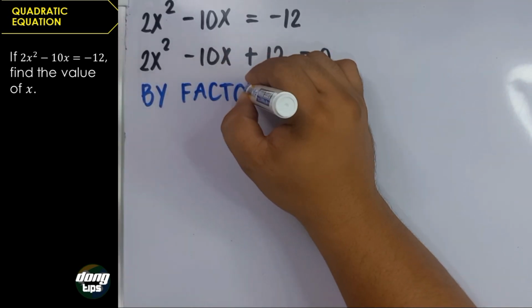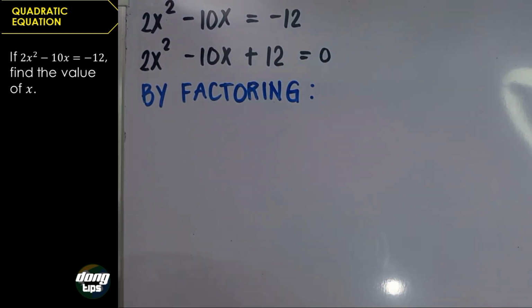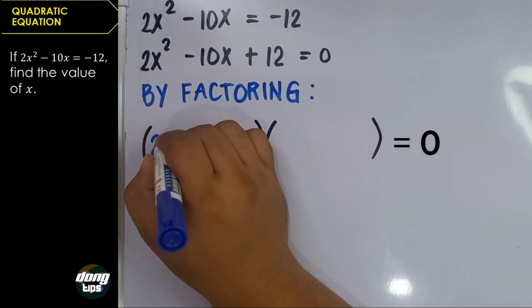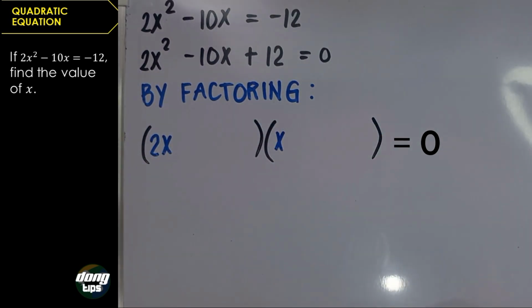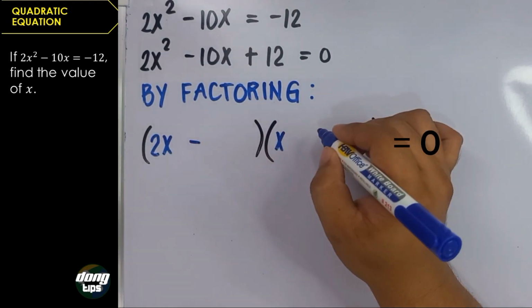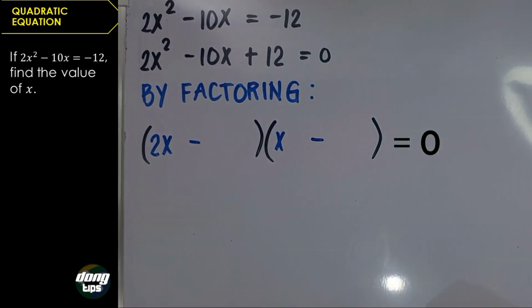Remember these important tips for factoring. First tip: the first term of the equation is always the product of the first terms of the factors. So if we have 2x squared, its factors are 2x and x. Next is the sign convention. If the second term of the equation is negative and the third term is positive, the signs on the factors